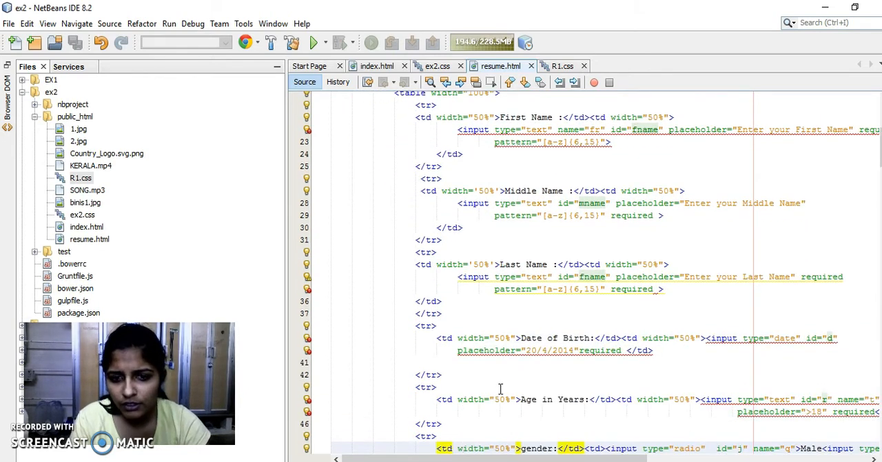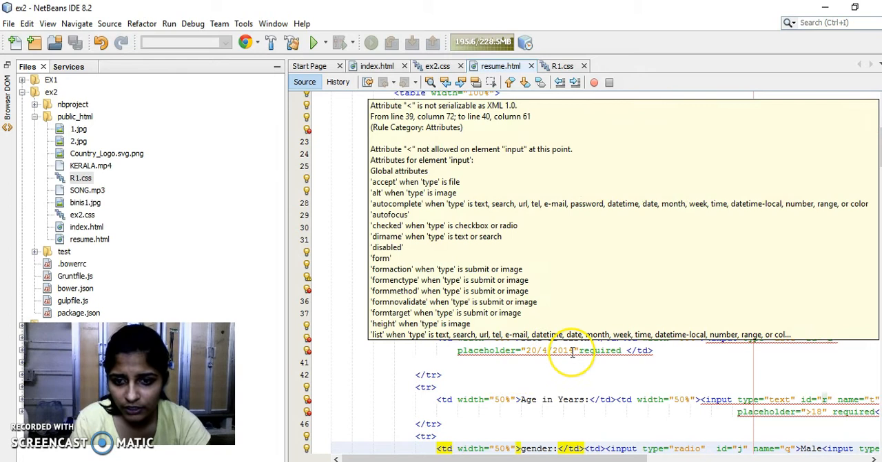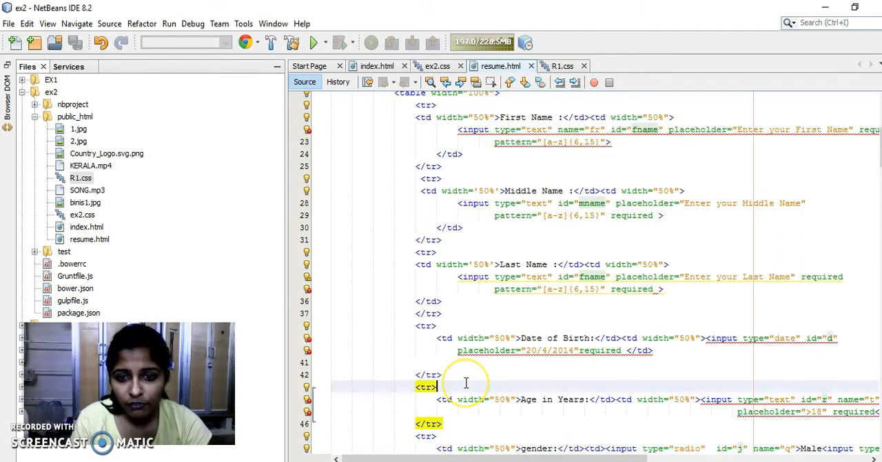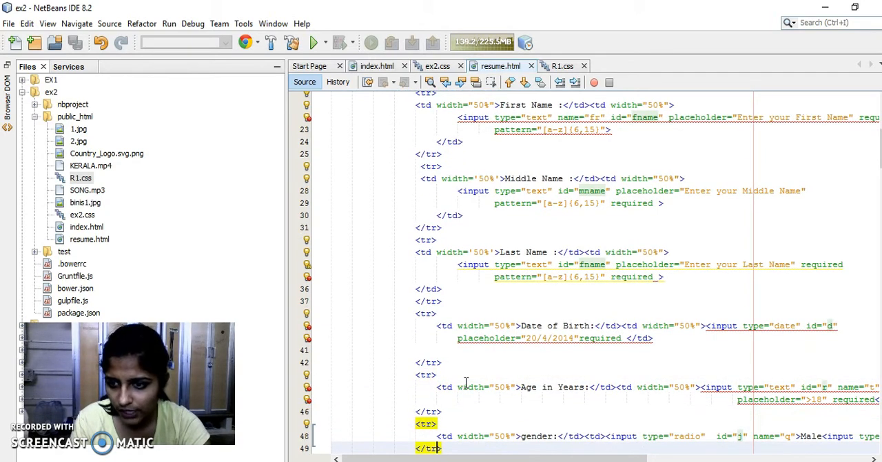Then we will have the next row as date of birth, and it should have an input type as date. The placeholder will display like our text should be like this, and it is also a required field. Then again we will have our next row as age, enter age in years. It will have a placeholder, the age should be greater than 3, and for that also we will have required